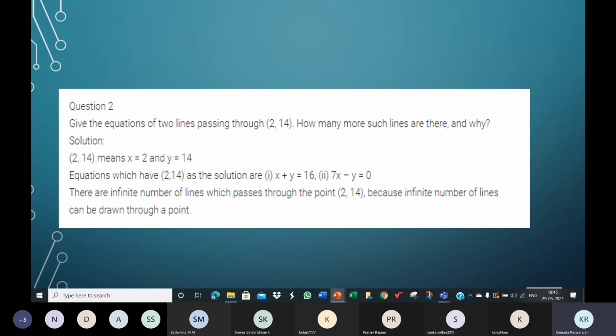Yes, Shreyas? Ma'am, x by y is equal to 1 by 7. This satisfies 2, 14, ma'am. x by y is equal to 1 by 7. Yeah, cross multiply and get the equation. Yes, it will satisfy. That's what you see here. This is that equation only. x by y is equal to 2 by 14. You get this equation out of that only. Work x by y. Do it now.